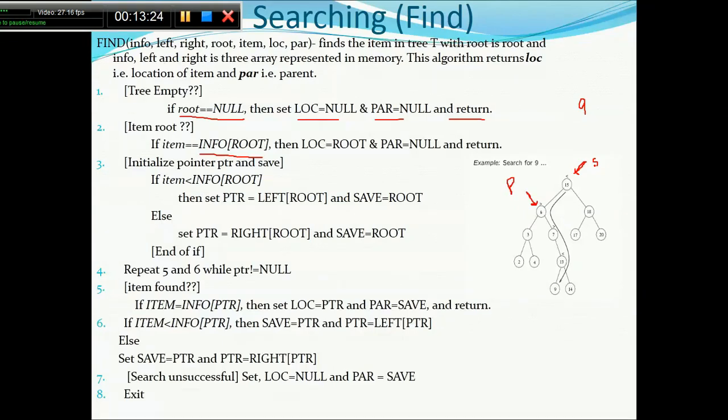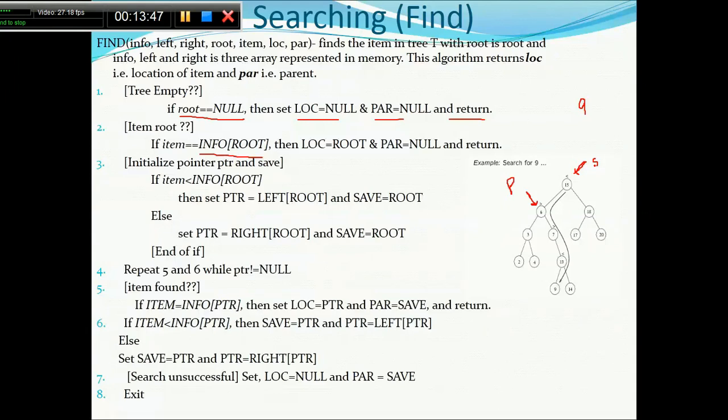Now, repeat steps 5 and 6 while the PTR is not null. The PTR is not null, so we are inside the loop. Is item equal to the information of PTR? It is not equal because I am looking for 9. So it says to verify if the item you are looking for is less than the information of PTR. Step number 6. That is again not the case. I will go to the else part.